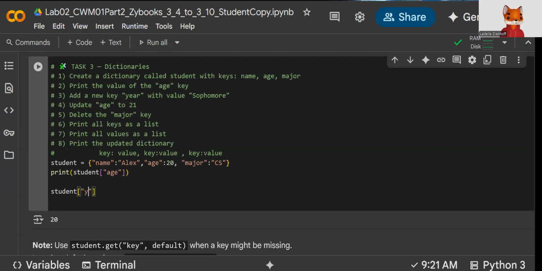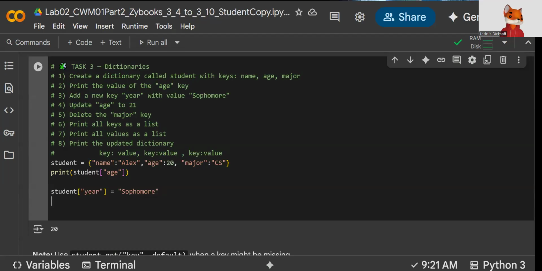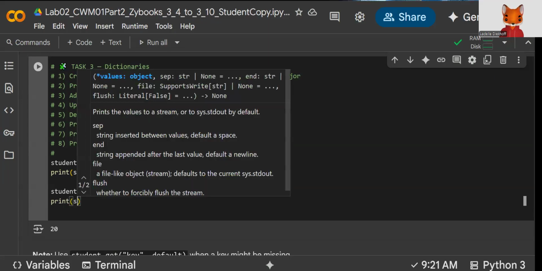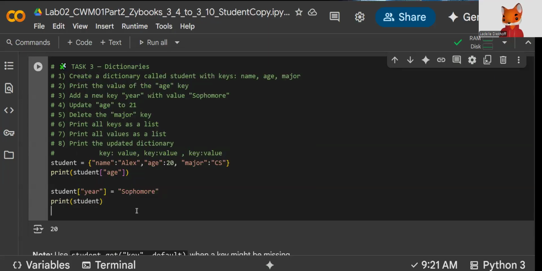Inside the square brackets we need to place the key. In this case, we're going to say we want year to be the key. And then we're going to update it by using our assignment operator, and we're going to place in there sophomore. Then afterwards, the next thing that we want to do, and I'm going to print out student,